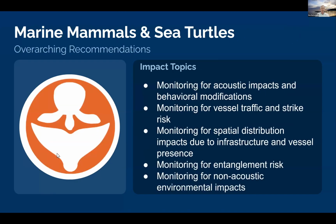Marine mammals and sea turtles. I love this icon of a whale tail and a swimming sea turtle above it. Some of the main things that we need to be thinking about are monitoring for the acoustic impacts. We know many of these organisms are going to be very sensitive to changes in the soundscapes in these environments, both from construction and operations. And so being able to detect those changes, see if we can detect behavioral changes that result from them,